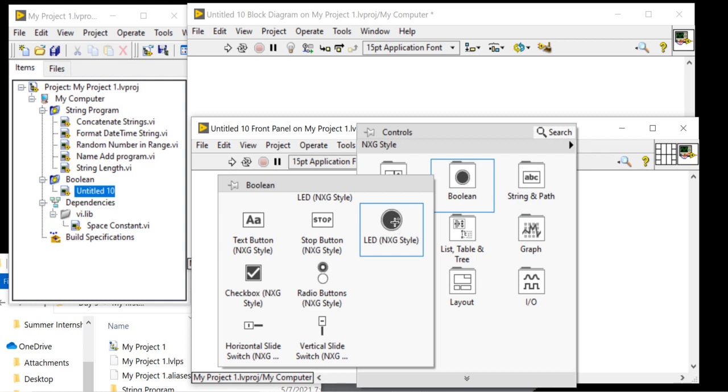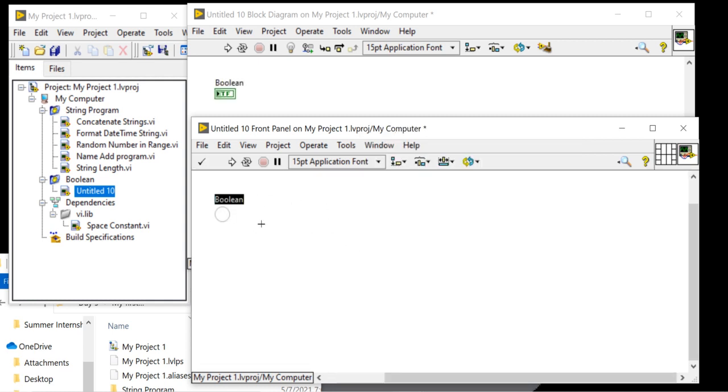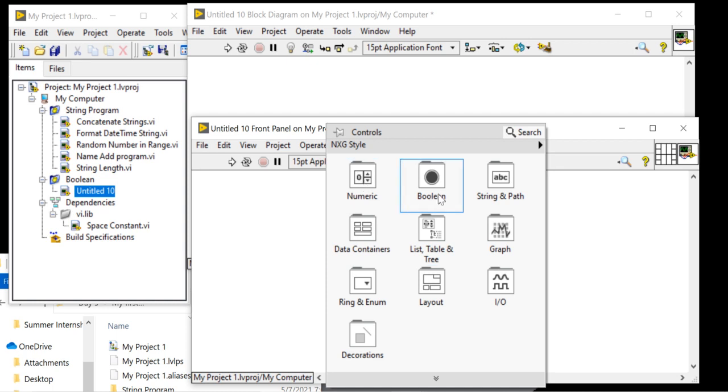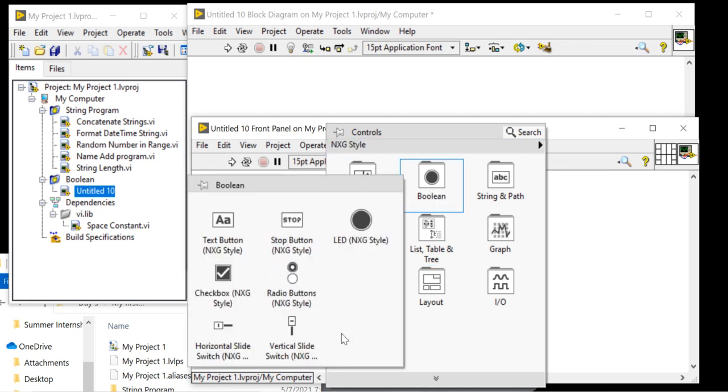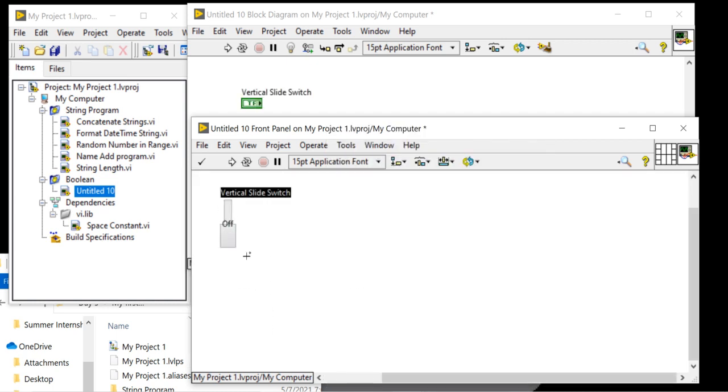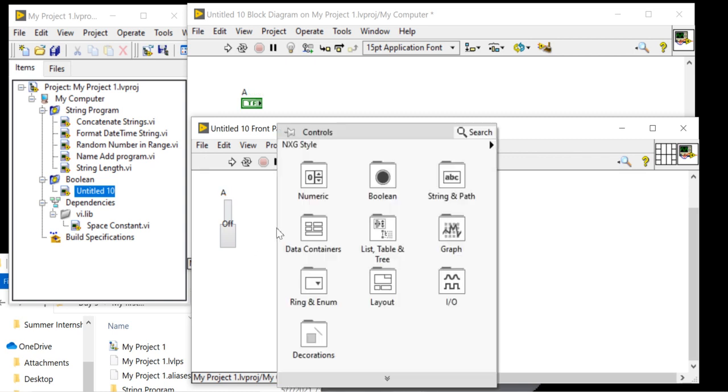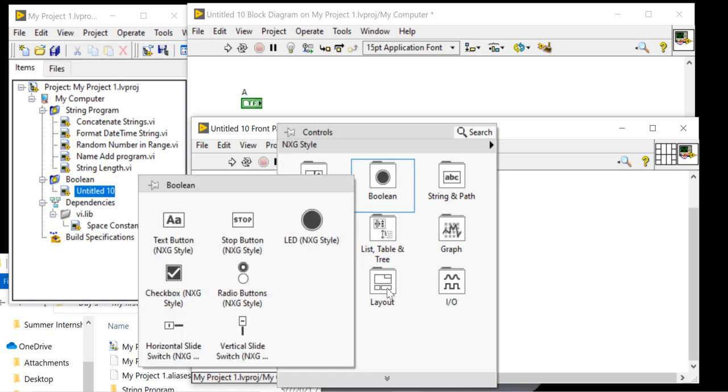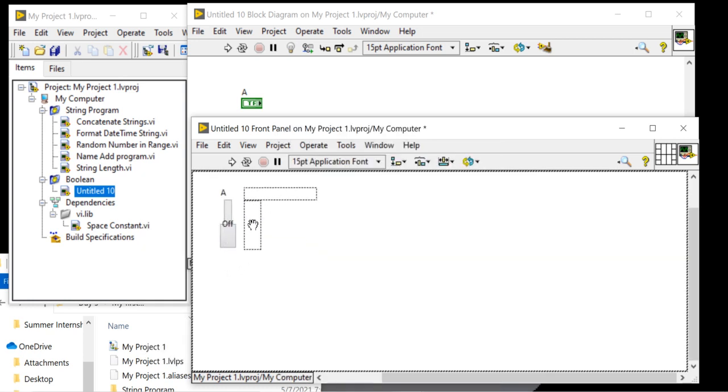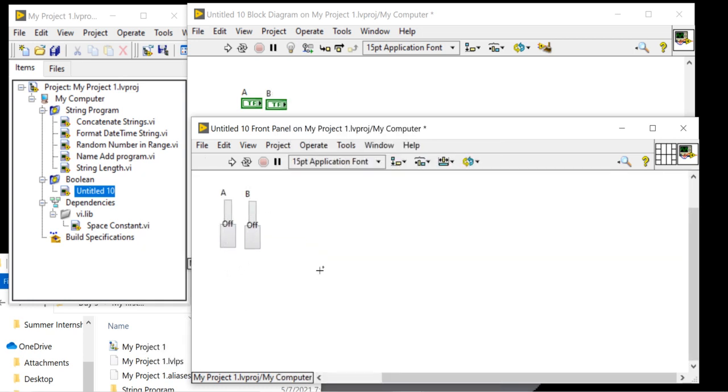Take a boolean. Either you can take these functions also: vertical slide A, and one more vertical slide, that will be B.